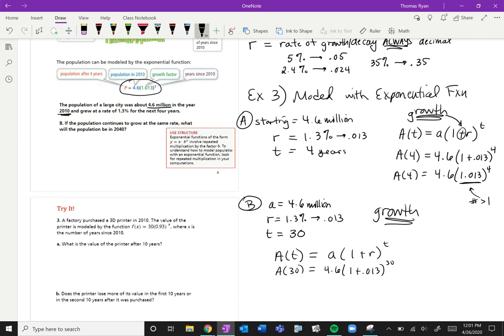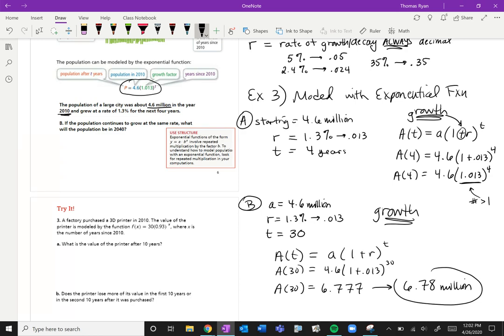I would type this in just like it is: 4.6 parentheses 1 plus 0.013 raised to the 30th. So we get 6.777. In this case, we just want to make sure that we know that this is in millions, because certainly we started with our population in millions. So let's call it 6.78